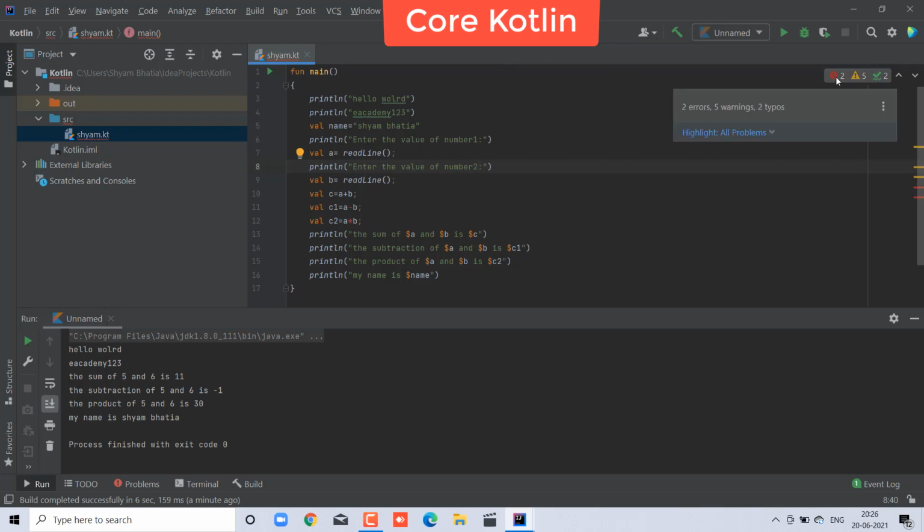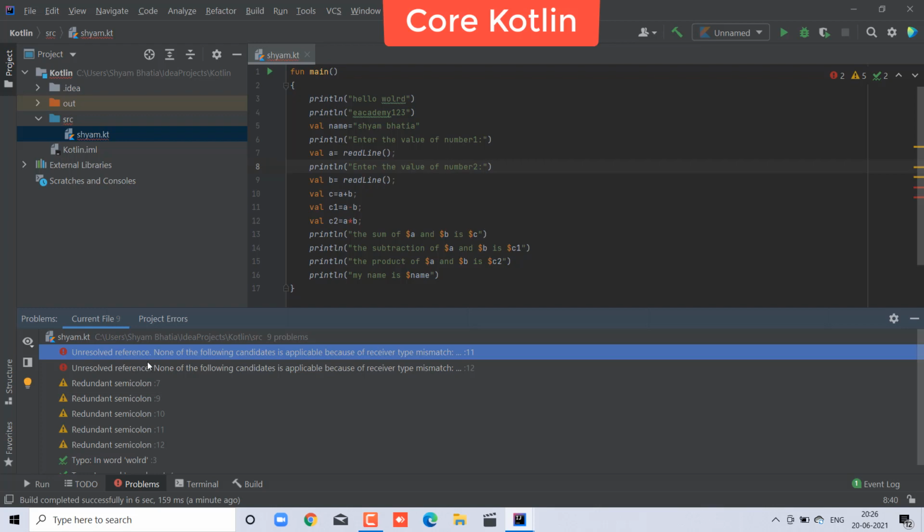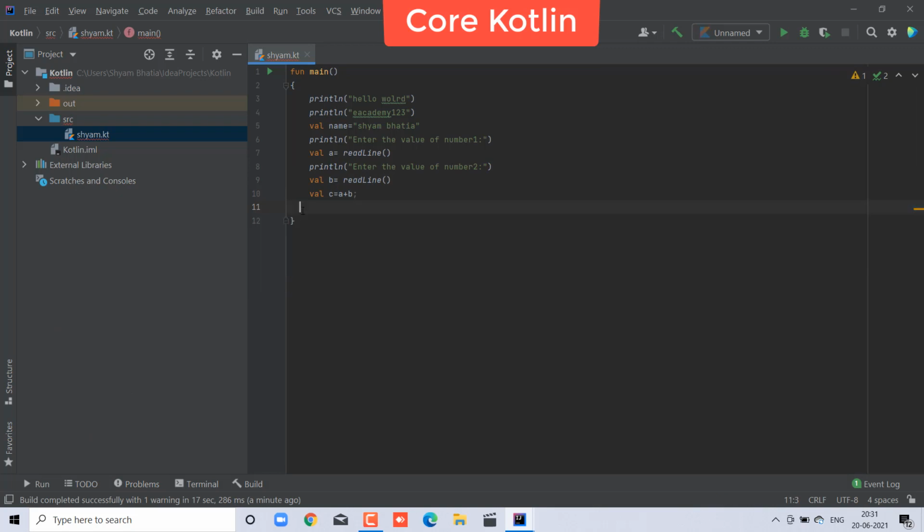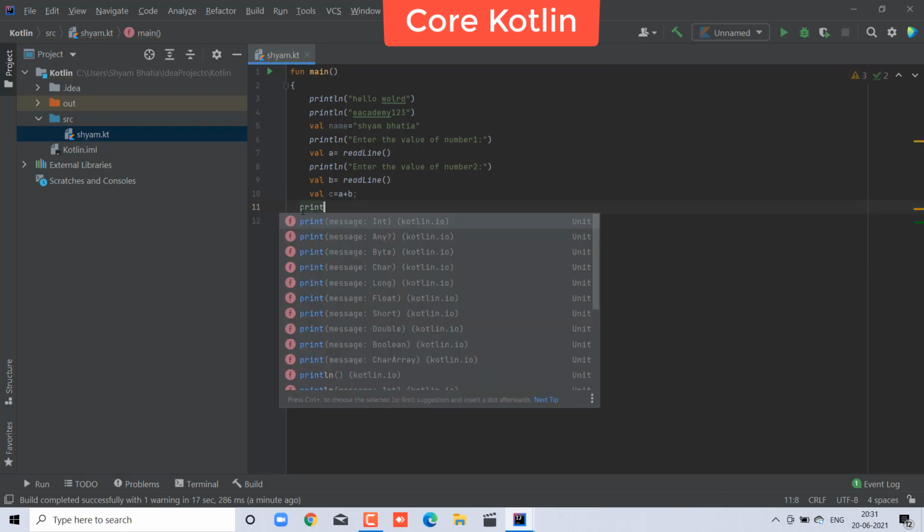Control S, this is the most important thing. So what is the error? Because here it is showing an error. So check whether it is an unresolved error and the semicolon. Okay, so don't put a semicolon here. Yes, and now redundant semicolon, everything else is fine, because it is an application mismatch, the candidate application. What is the problem? Just remove it.